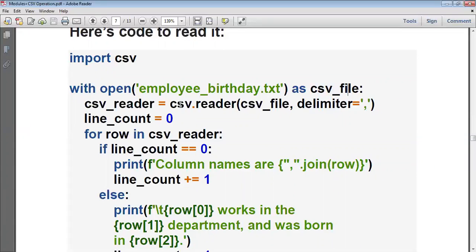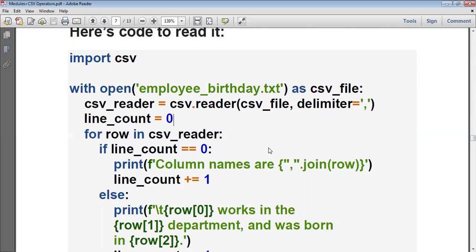Then I read the entire content into the object called csv_reader. I will read the entire CSV file content and store it under this variable. I want to count how many lines are in that CSV file and what data exists in it. These are the two things I want to perform. First, to count the lines, I have a variable called line_count, which is initialized with the value 0.